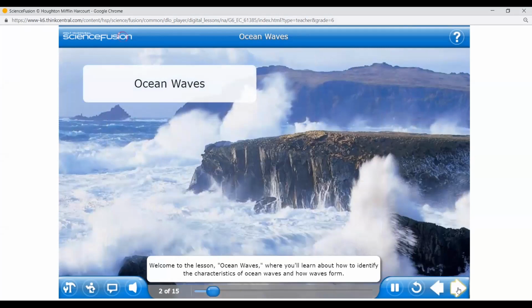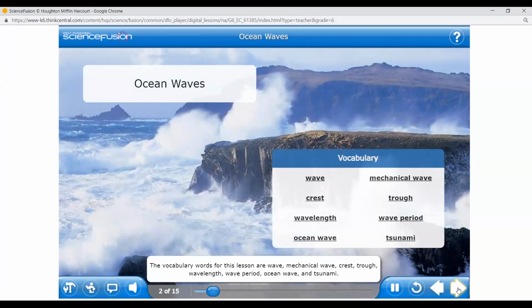Welcome to the lesson, Ocean Waves, where you'll learn about how to identify the characteristics of ocean waves and how waves form. The vocabulary words for this lesson are wave, mechanical wave, crest, trough, wavelength, wave period,